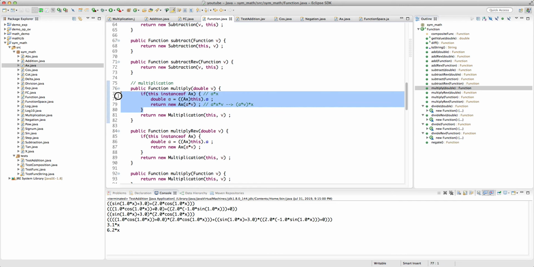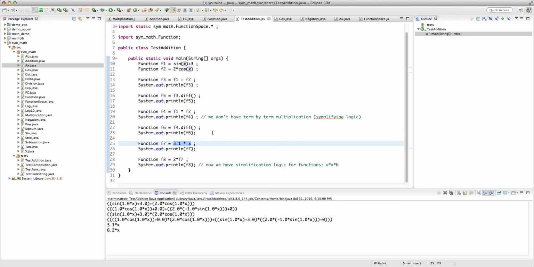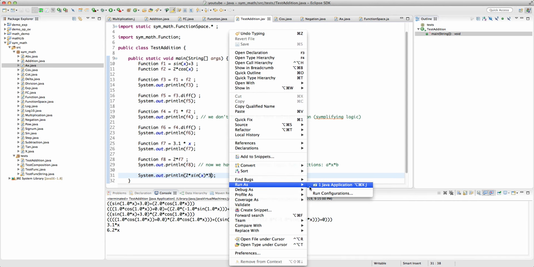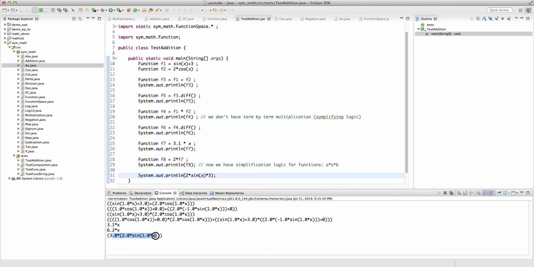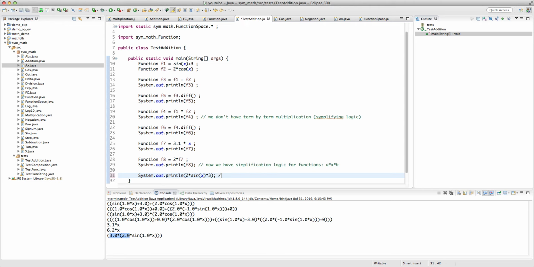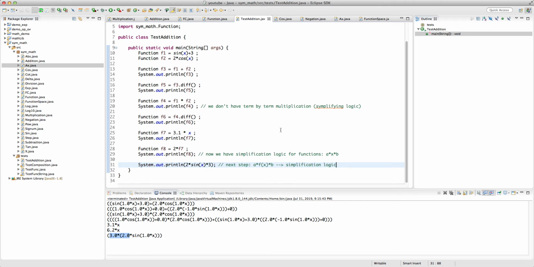Obviously the next step is that if we do a sysout on 2 sine of x times 3, does this return 6 sine of x? No, it doesn't. It just doesn't have the simplification. So the next step is basically having a times any function times b, implementing the simplification logic, and we will look into this in